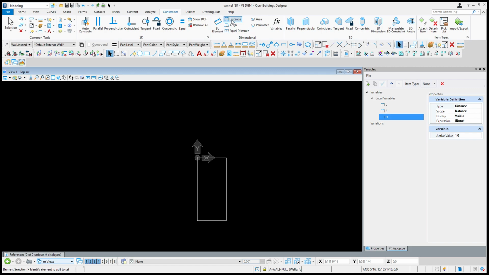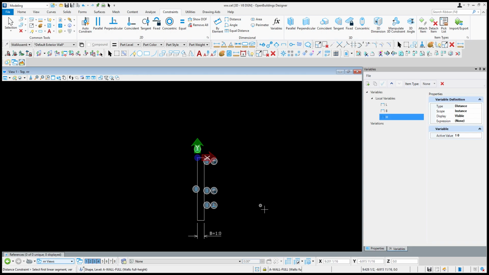Now go to the distance tab, because we assigned our parameter as a distance. For distance, first we require this dimension, and it should be breadth.